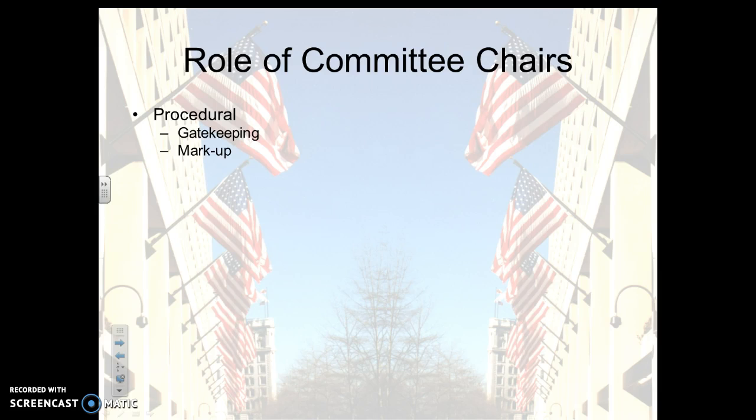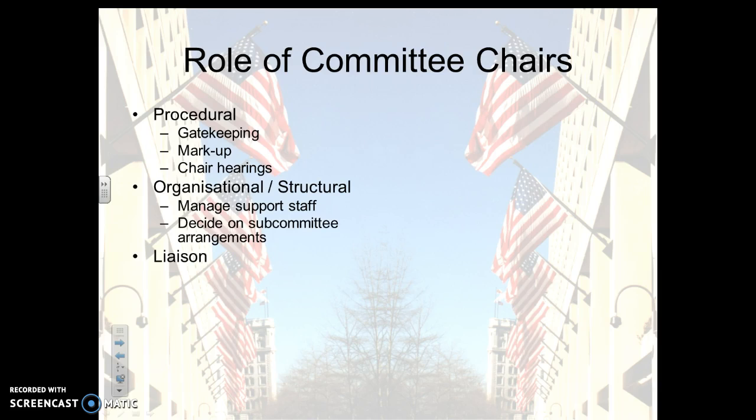They control the procedural aspects of the committees. That is to say, they manage the day-to-day business. They chair hearings, they decide what comes on, and then they actually control the drafting or the markup of the legislation. They're also in charge of the structure of the committee, so they manage support staff, they establish subcommittee arrangements,